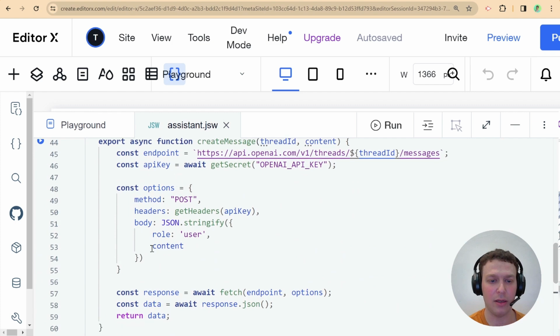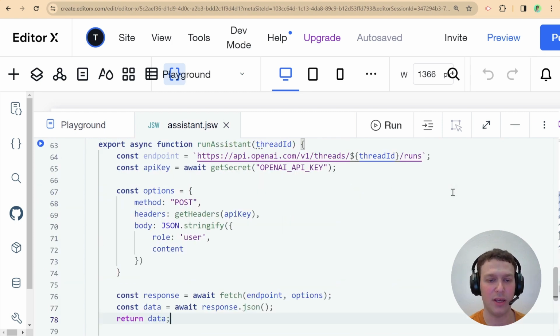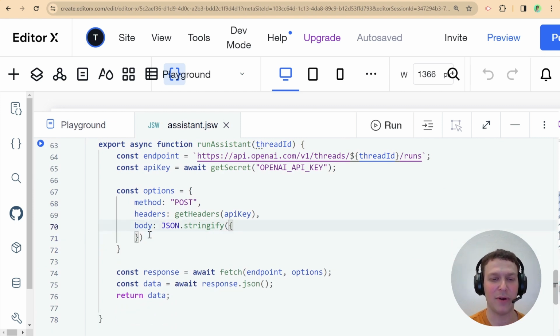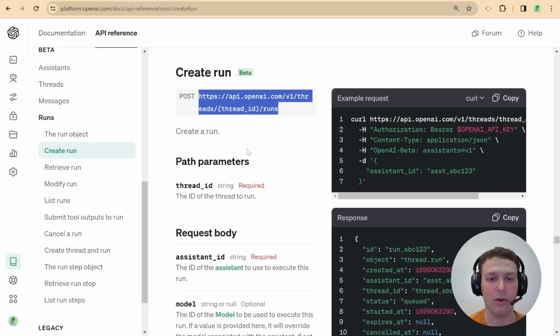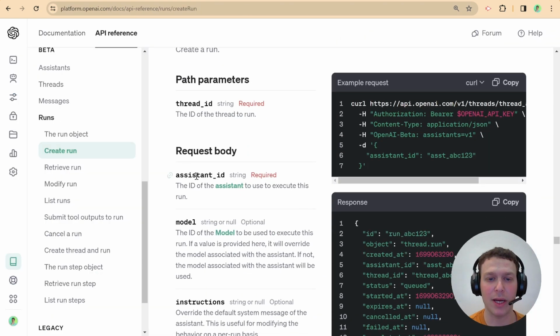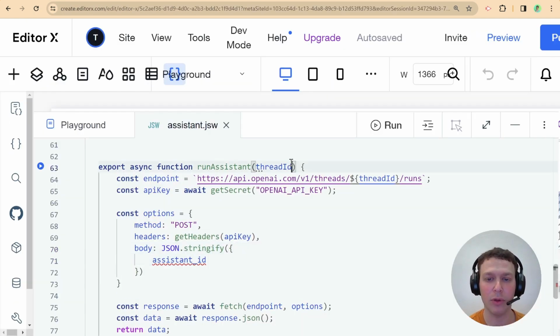So I'm going to go ahead and copy over this as kind of a starter point. And body is obviously going to be different. So let me get rid of this before I accidentally confuse myself. So we have a very simple post request here with an empty body for now. Okay, so let's see what we need to pass in, if anything at all, for the body. So the request body is going to take the assistant ID. Okay, so let me copy that over here. And we'll also need to pass an assistant ID